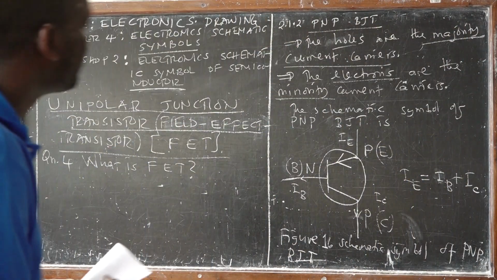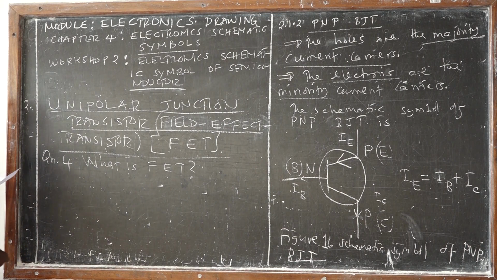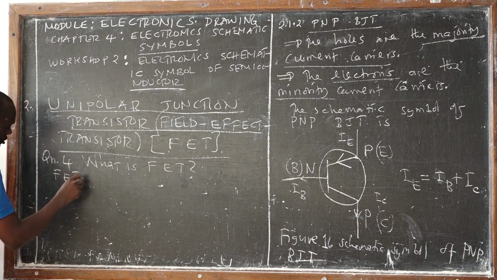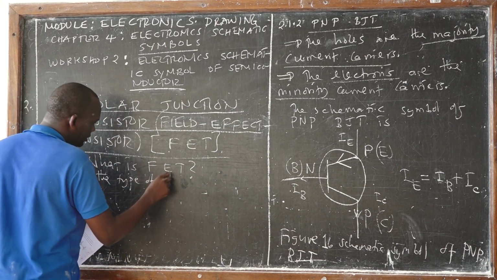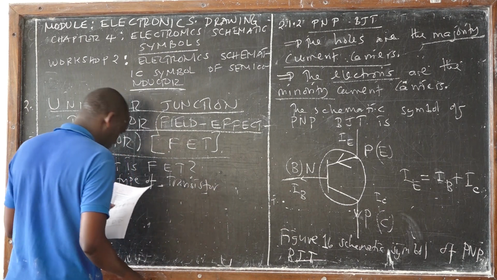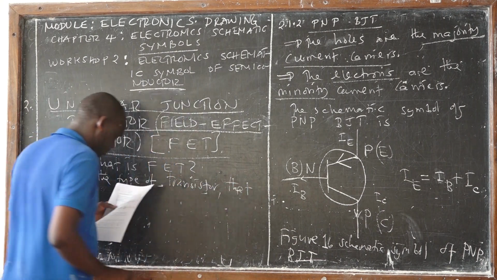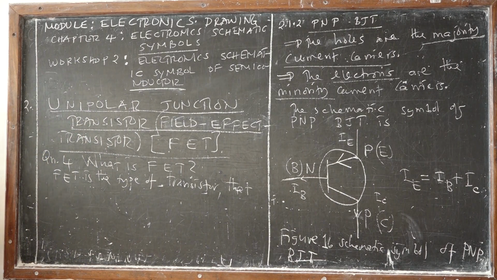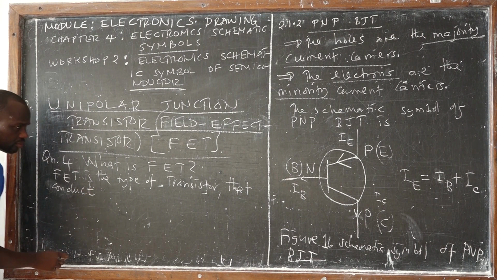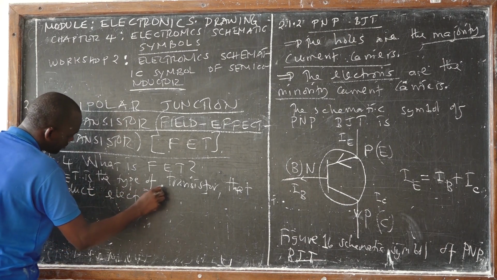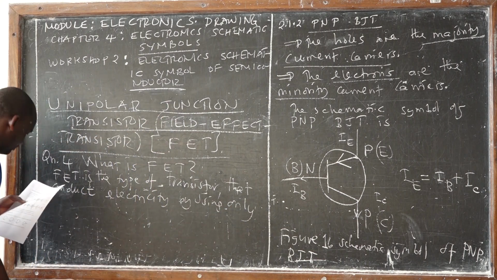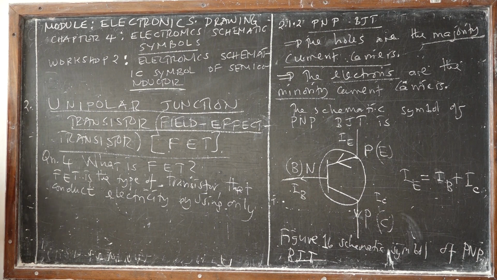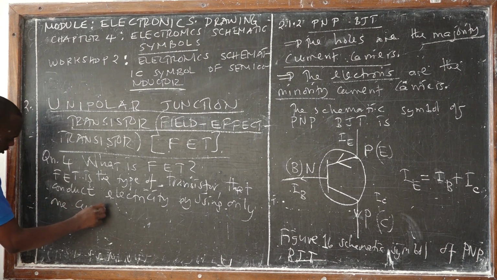You say that a unipolar or field effect transistor is the type of transistor that conducts electricity by using only one current carrier,